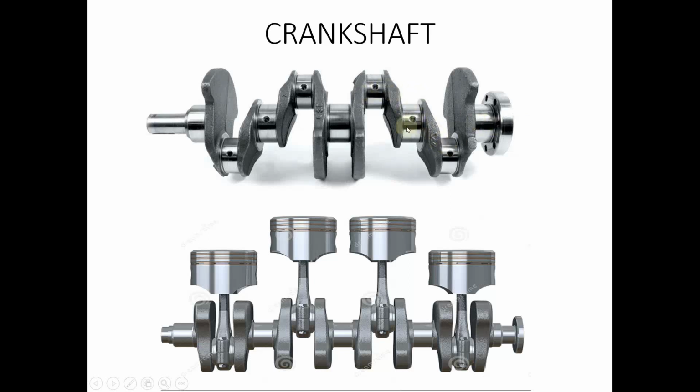These portions or areas which lie in the axis of the crankshaft are the main journal bearings. The main journal bearings have holes. Also the crank pin journals have holes drilled, and there are also holes drilled in the crank web. This is known as the crank web. At the sides you can see there are holes drilled so that oil flows through all these journals.